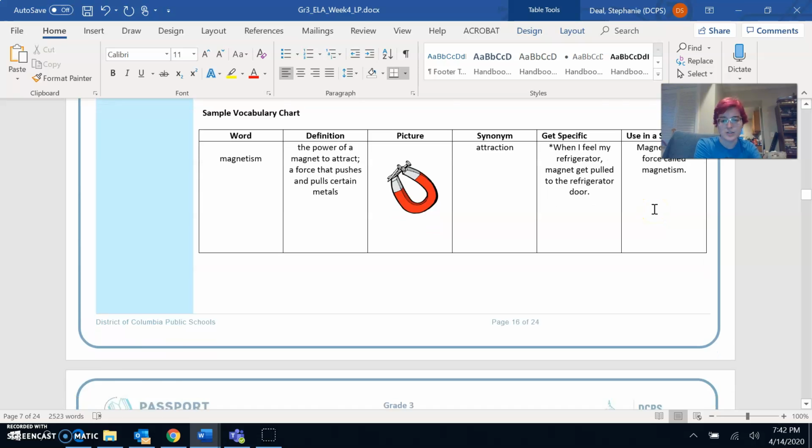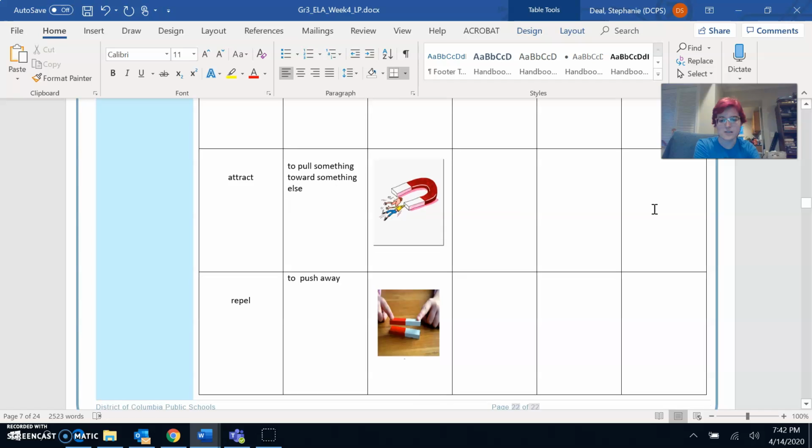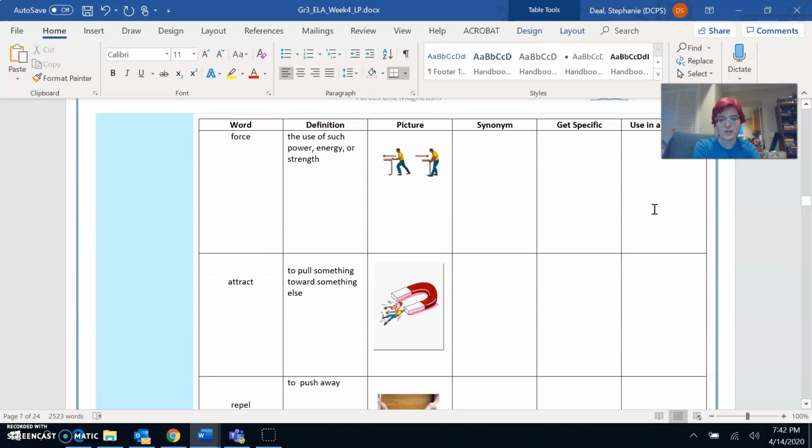So now we're going to try this for ourselves for these next 3 vocabulary words. The first word is force. Force means the use of such power, energy, or strength. So in this picture, there's a person, looks like he's pushing a table, and then he's pulling a table, which shows the force. A synonym for force I'm going to write is power, because force is like the power of push and pull. To get specific,